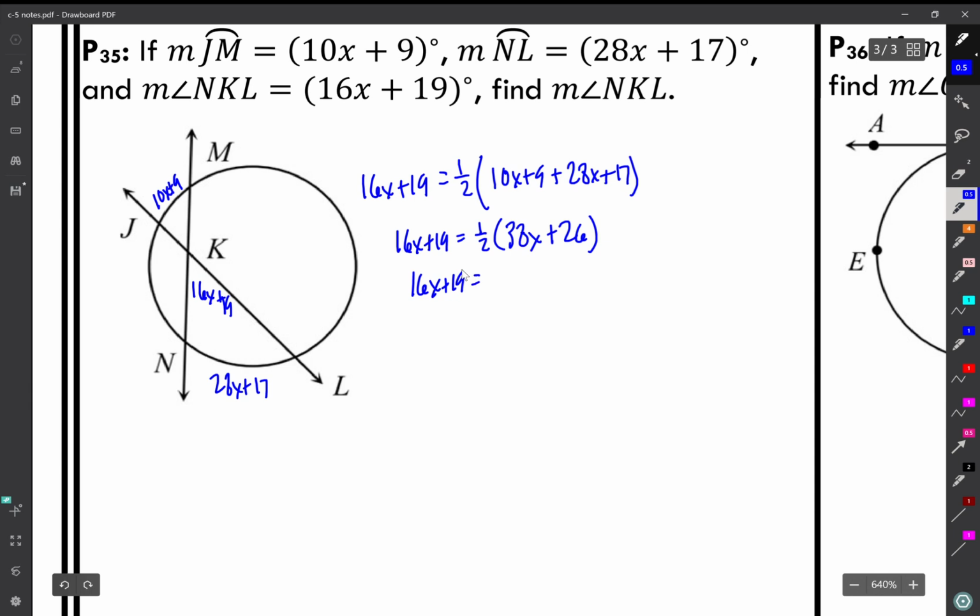So we'll do that. I'll take half of 38, and that's going to give me 19, still times the x though, and then plus